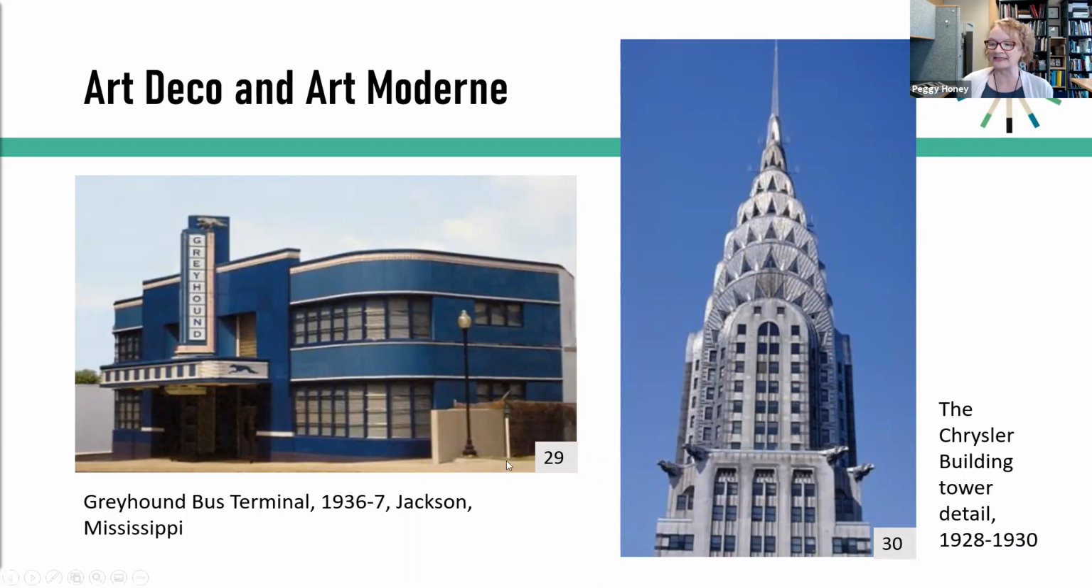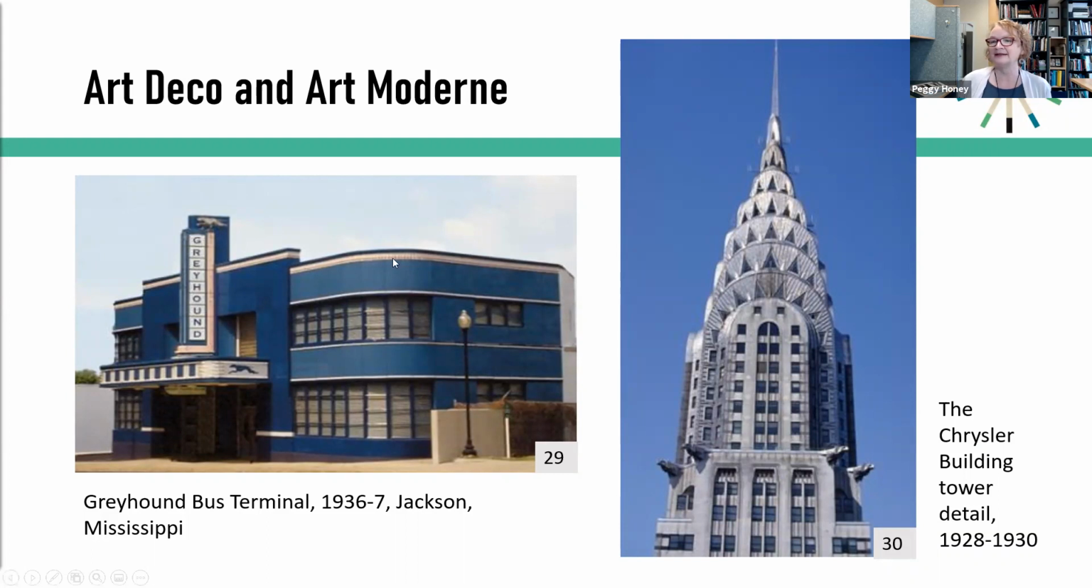But I want to point out this little Greyhound bus terminal in Jackson, Mississippi, and it's an example of how the Art Moderne style really did spread across the United States. It wasn't very popular in Europe. It was mostly an American style, and it celebrated things like the new technologies. It was all about fast cars, fast buses, airplanes, all of those kinds of things were celebrated by the Art